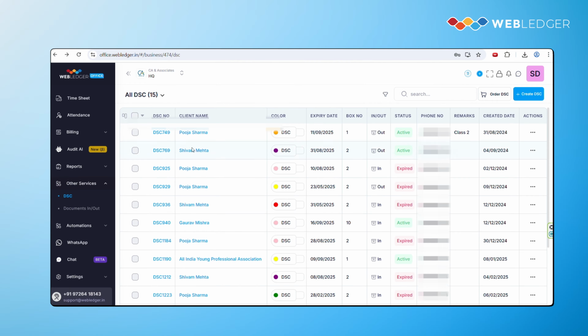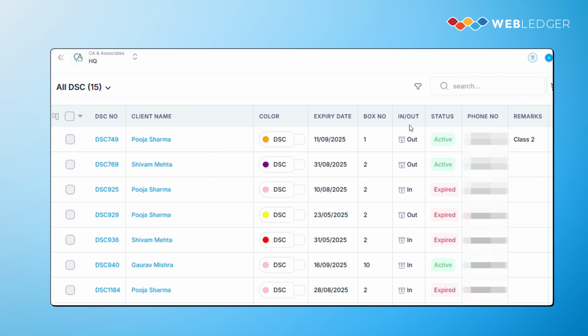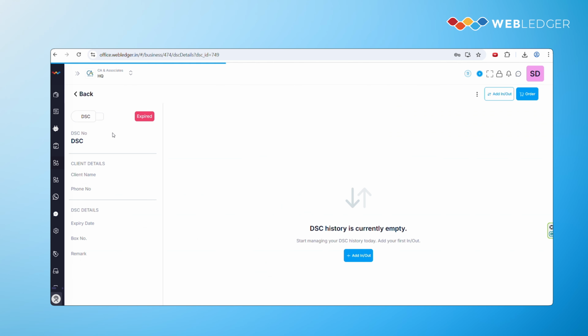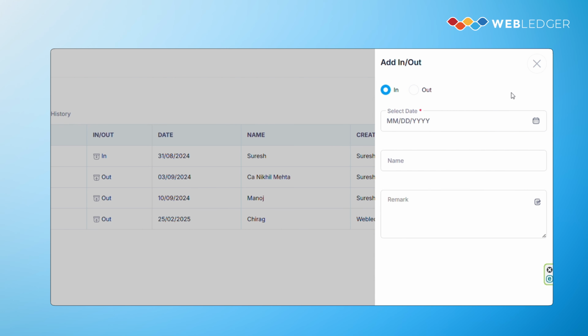Let us look at what the other particulars available are. This also features an in and out tab where you can ensure when the DSC moved out of your firm and when it came back. In order to update the in-out status, all you have to do is simply select the number, click on the add in status,